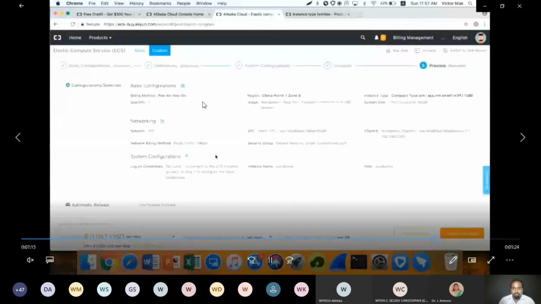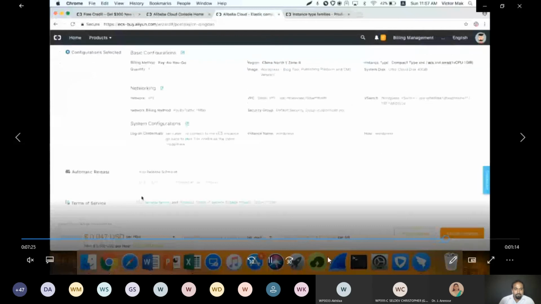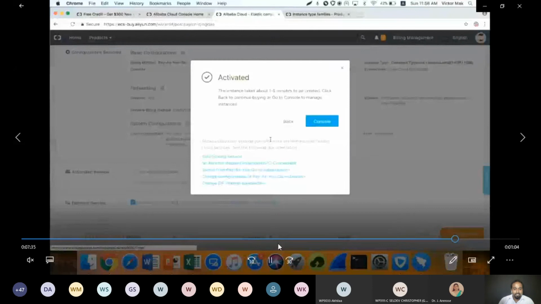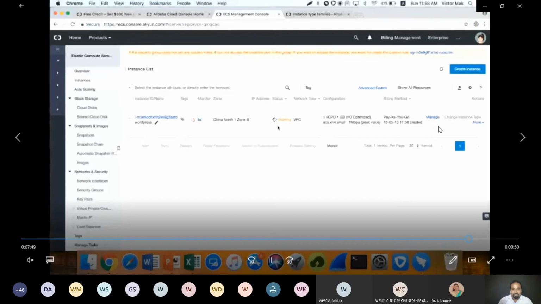Now finally, preview. You can review the configuration you have done. What the instance and configuration are, everything you can preview. Now you have to accept the terms and conditions. Now you see create instance. When clicking the button, automatically the instance will be created, and automatically the machine image of WordPress will be installed for you. You do not have to install the SAM server, install WordPress, or configure WordPress; it will be done automatically for you. So now click manage here.